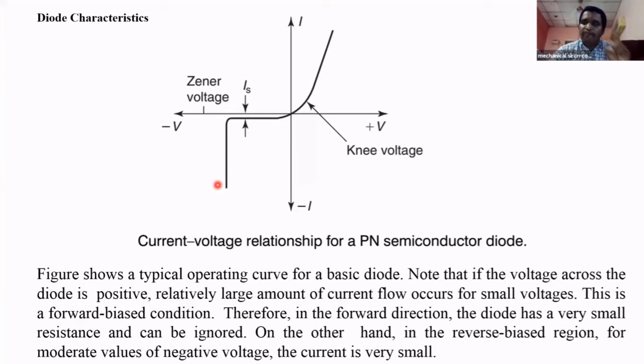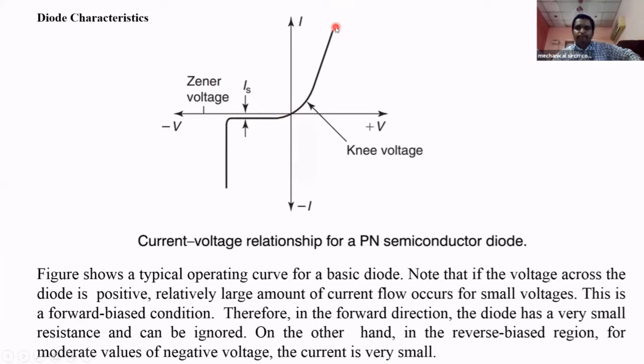But the flow of current is in the reverse manner. In forward biasing, the current is rising like this. In reverse biasing, up to breakdown voltage, the diode acts as an insulator only. There is no flow of current. Only if the voltage is beyond the breakdown voltage does it act as a conductor in reverse biased connection. This is a special case, but our voltage is always below the breakdown voltage. For Zener diodes only, we apply more than the breakdown voltage. Those are different applications. These are the characteristics of the diodes.